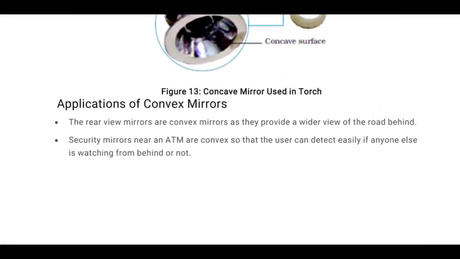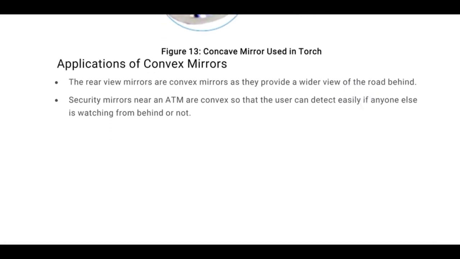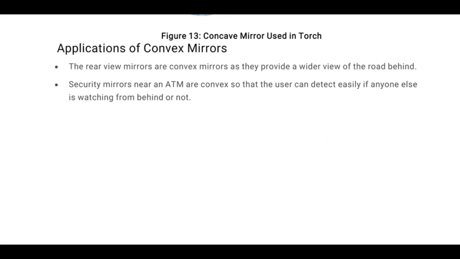Then the convex mirror, the rear view mirror. One main application of the convex mirror is the rear view mirror. It's used as a rear view mirror in vehicles, because it is able to show at least 500 meters of an object or a person or a vehicle which is behind us. So it helps us to prevent accidents and keeps us safe, right? And as a security mirror in ATMs, they are using a convex mirror. Okay,